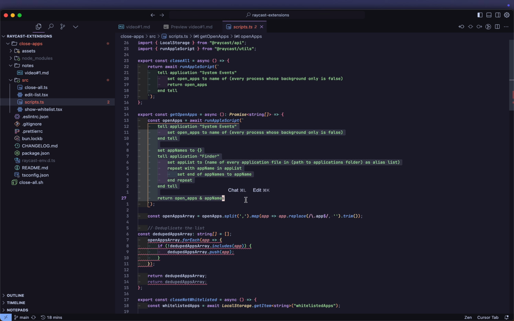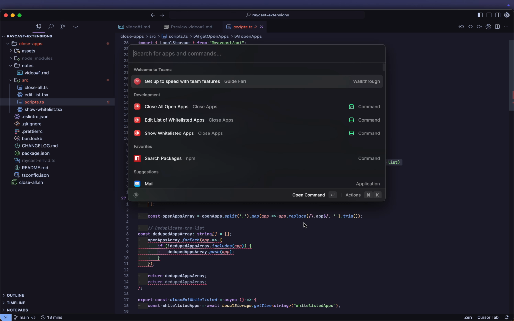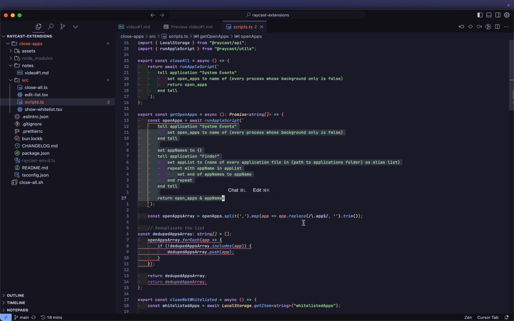I tried using bash and doing a kill process type of thing, but that was a bit excessive because the way I wrote it at least was now closing even non-GUI processes and whatnot. So yeah, I want to try and get it working nicely with AppleScript first, if possible. And then I guess before I go, there's one other thing. I did start on a bit of a UI refactor,